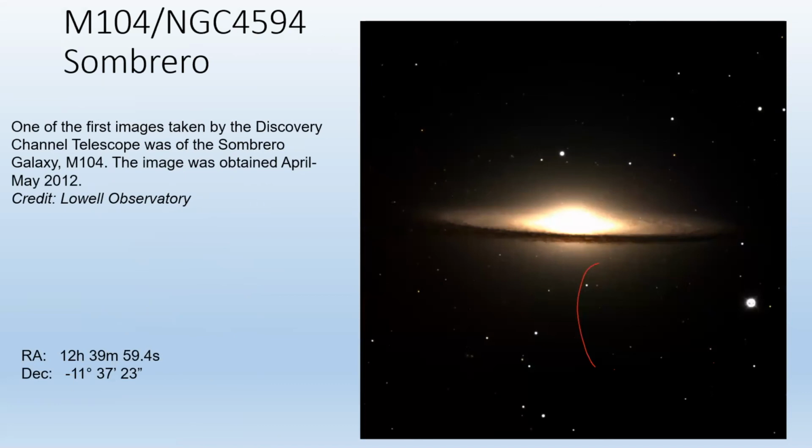So the next object I wanted to talk about was, again, a classic galaxy. Going to talk about a couple of galaxies because this is a wonderful time of year to be looking at galaxies in the sky. This is Messier Object 104 or NGC 4594, also referred to as the Sombrero Galaxy, and you can see from looking at this image why it has that